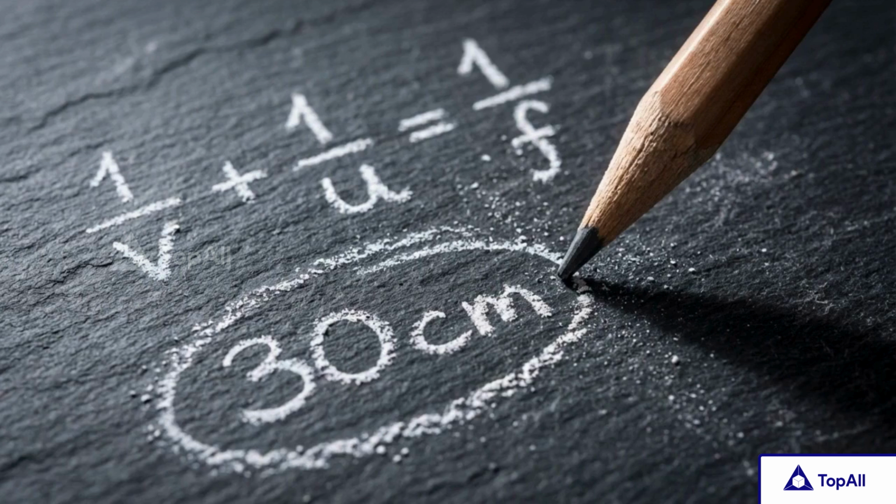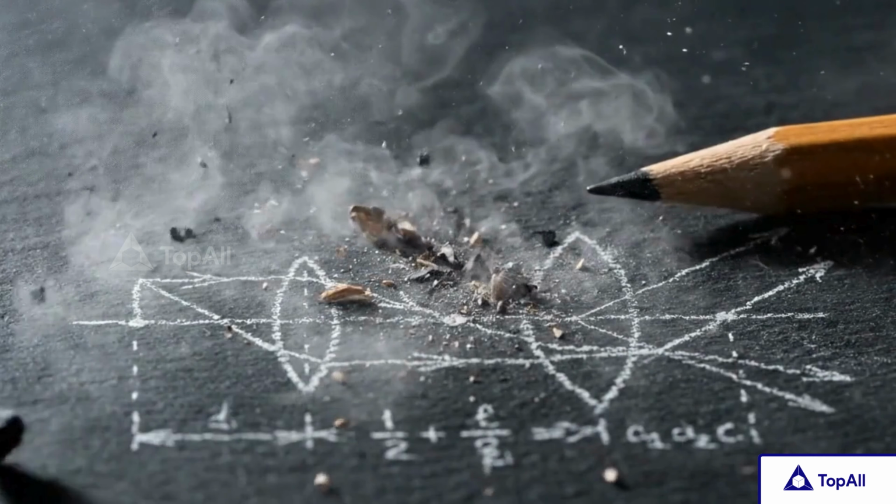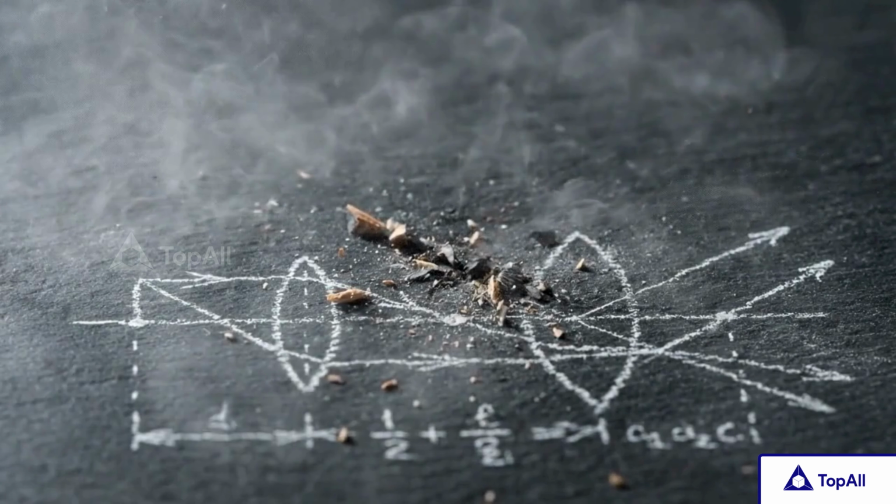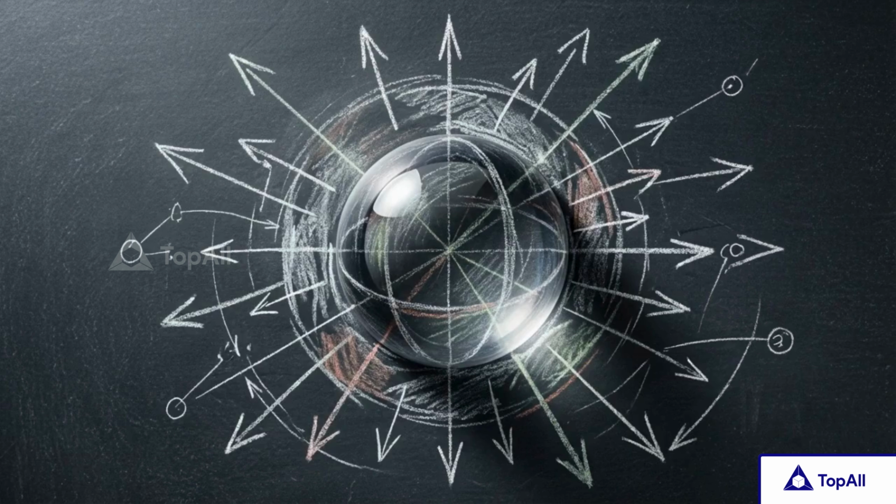You finish the optics problem, check your math, and get an image distance of 30 centimeters. But your classmate did the exact same steps and got negative 30 centimeters. The pencil lead snaps. In ray optics, the most common point of failure doesn't happen when you're drawing the physical